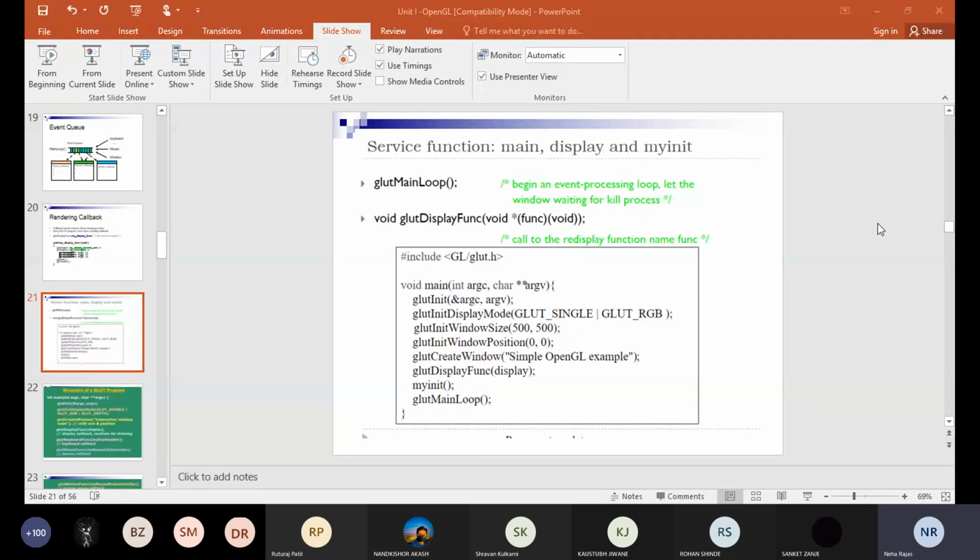Why we use argc and argv? Like in Java we use. Ma'am, those are command line arguments. Yes. So these are the command line arguments.